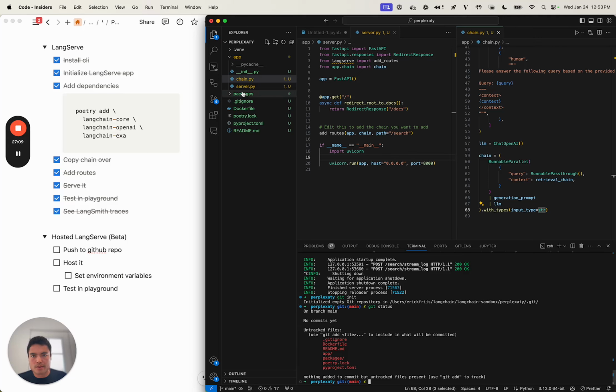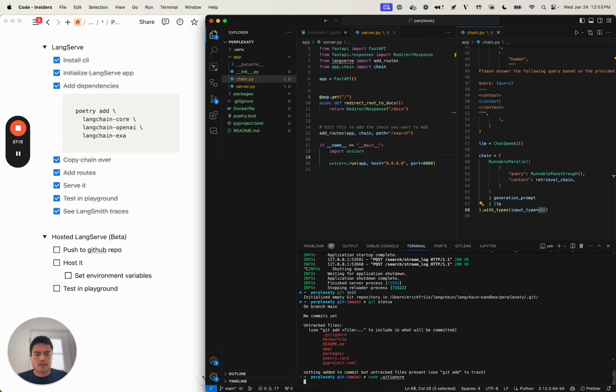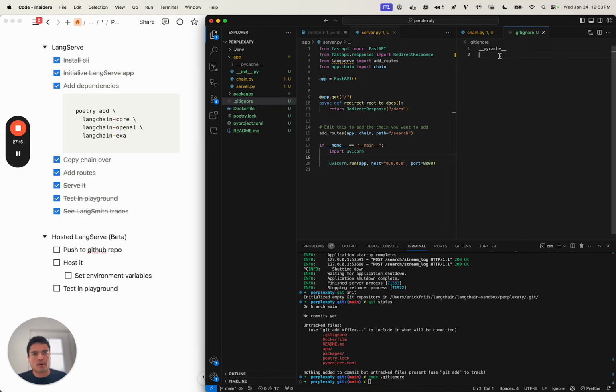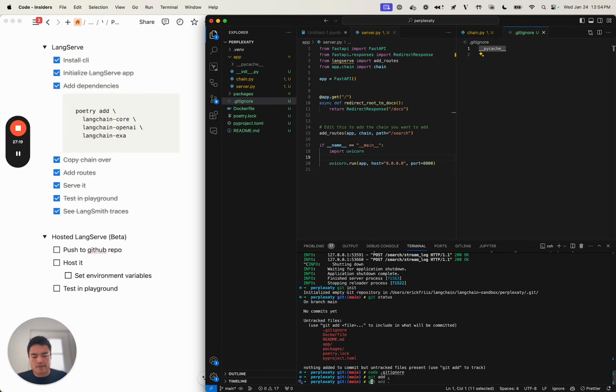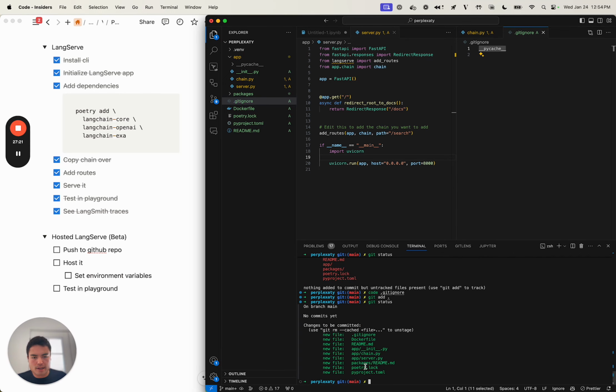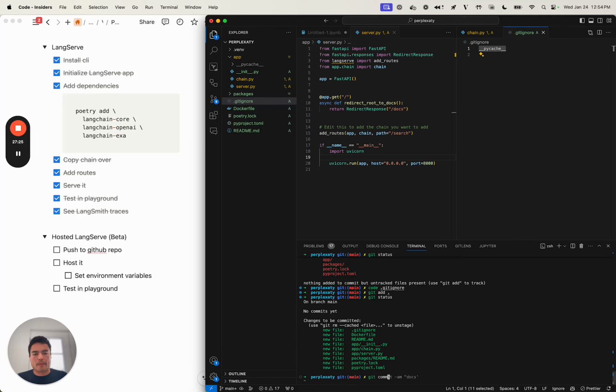Just in case we've created any of these PyCache folders, let's actually create a git ignore where we already have PyCache in there. So let's try adding everything and see what files it's going to add. That looks pretty good. And we can commit